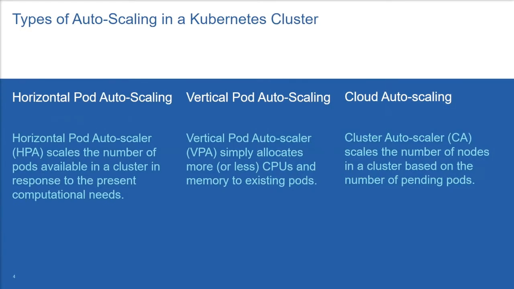Coming to the types of autoscaling in Kubernetes. Kubernetes provides us with 3 types of autoscaling. We'll be focusing on the first one here, but here are the differences between them. First, we have the horizontal pod autoscaler or HPA. What this means is, in order to cover our demands, we increase the number of replicas of our application.